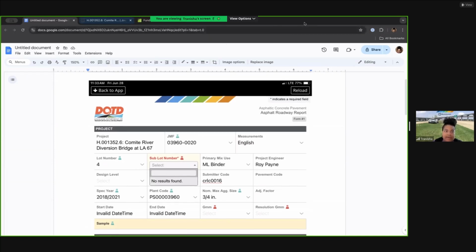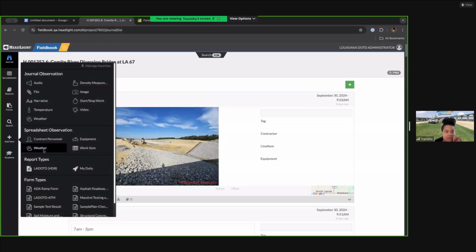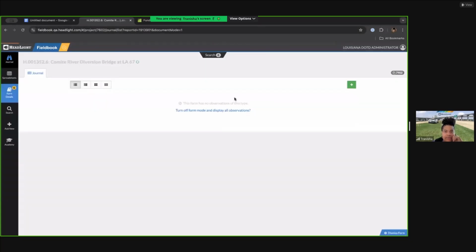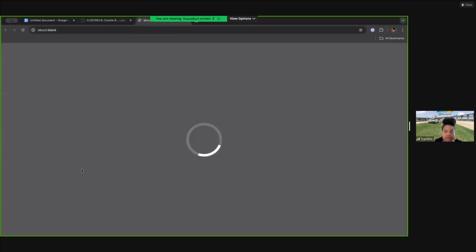I currently have the same project pulled up, and I'm just going to go and add an asphalt roadway form. And if I go to fill out the form,